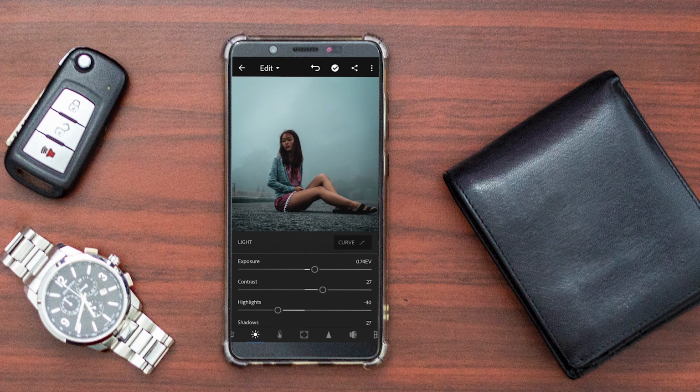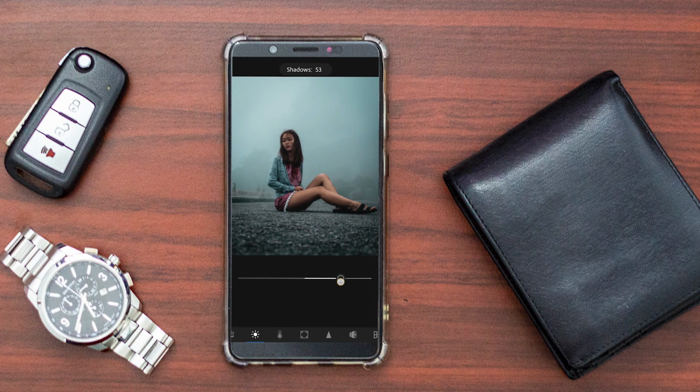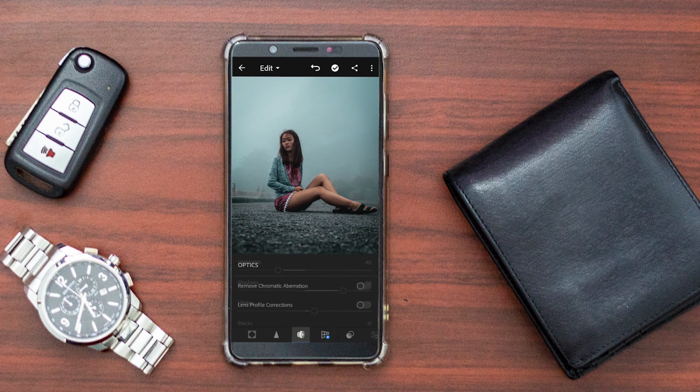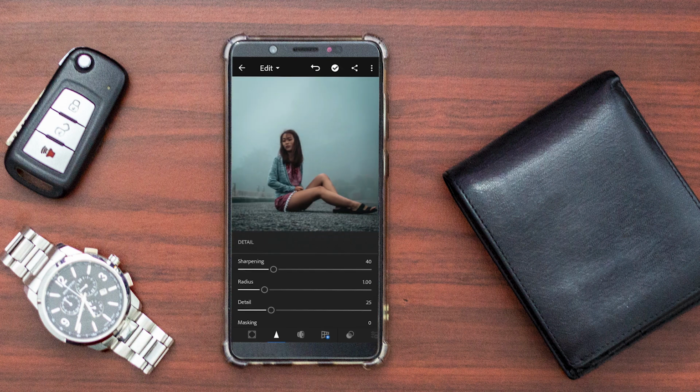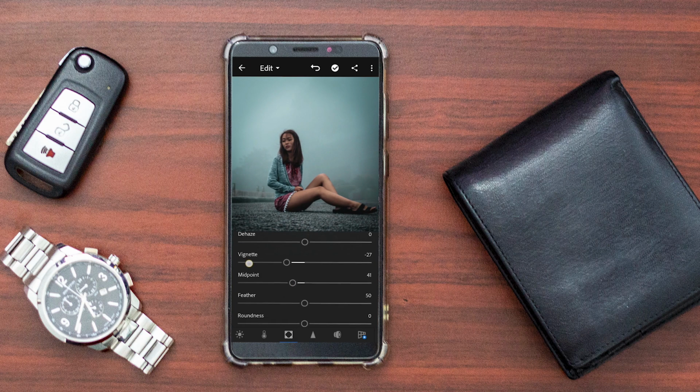Okay, so back into the light section, I usually will adjust my shadows once again because it's a little bit too dark. Bring up the sharpness of the image just by a little bit, or 40 is about right, and you can see a difference straight away. Maybe a little bit of vignette. Adjust the midpoint, feather,